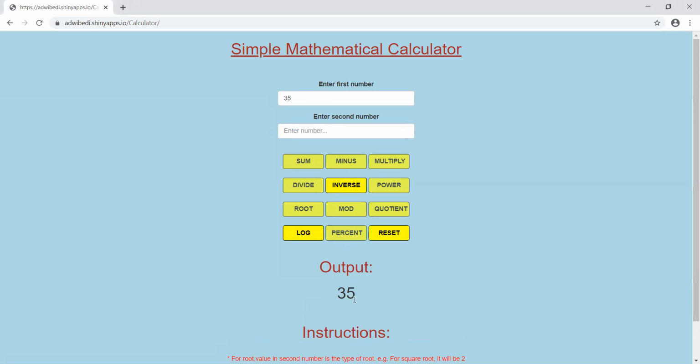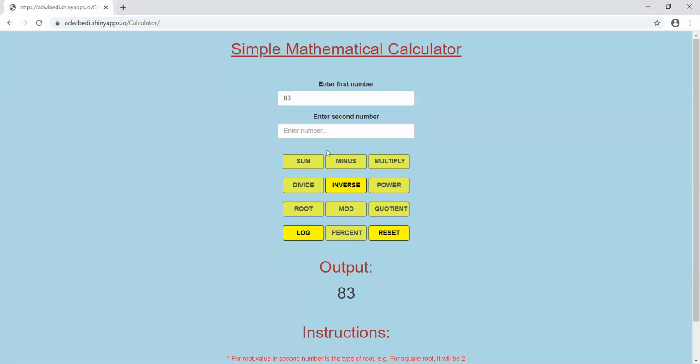Now whatever output we get over here will be updated in the enter first number field. Suppose you want to add three numbers. Already we've given two numbers, that is 12 and 23, and if I want to add 48 with it, we have entered two numbers and clicked on sum, so the output is 35. Whatever output we got, it got updated, so when we enter the third number, we need to enter it in the second number field, so that it gets added with the resultant value, that is 35. So now I got the output as 83.